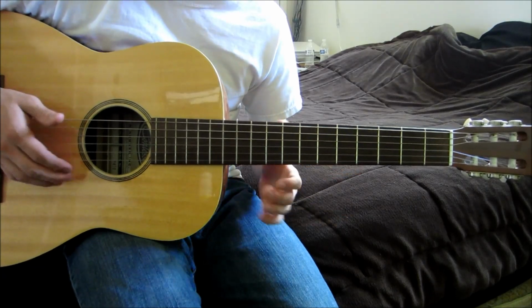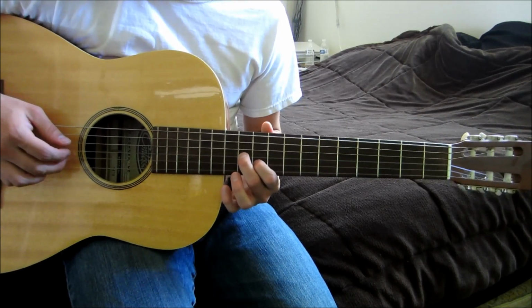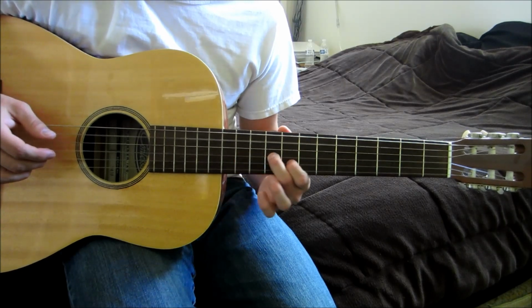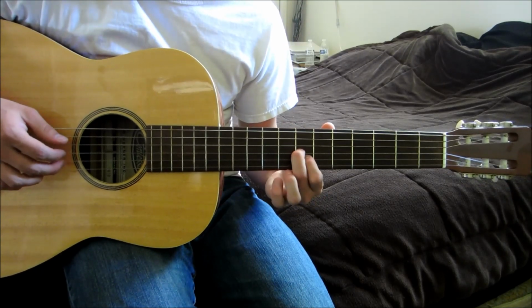Okay, so the way you're going to play that is you're going to go up here to the 10th and the 11th fret on the B and the G string, and you're going to hit the B, G, and D, B, G, and A, move up to the 8th and 9th fret, B, G, and D this time, then you're going to put both fingers on the 7th fret, B, G, and A again,